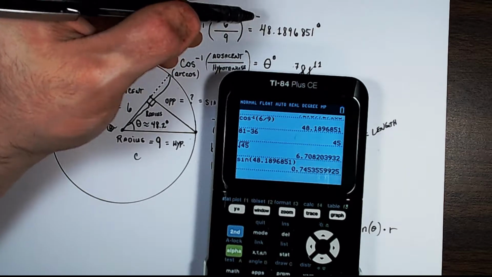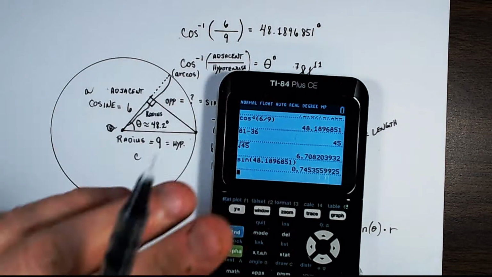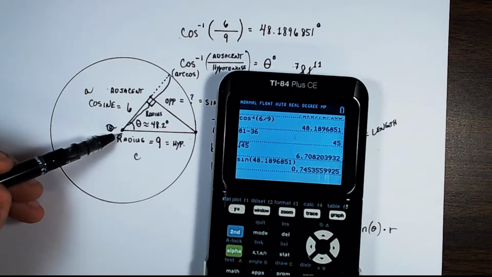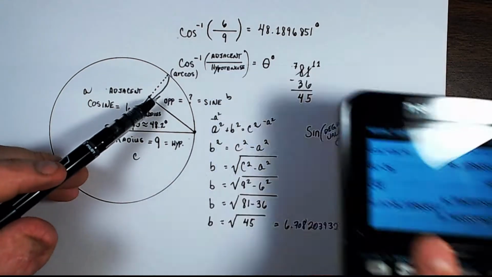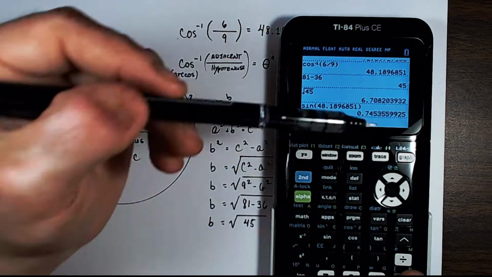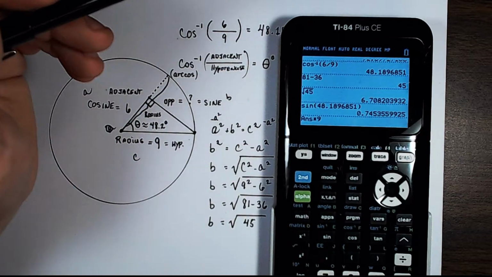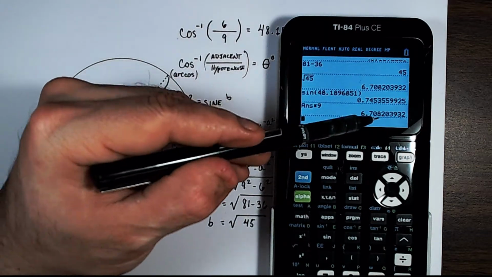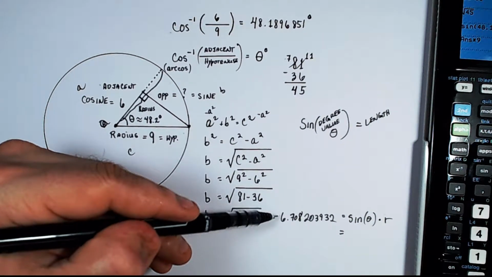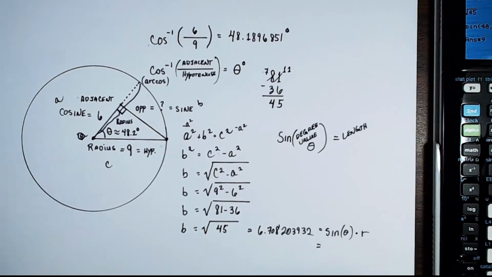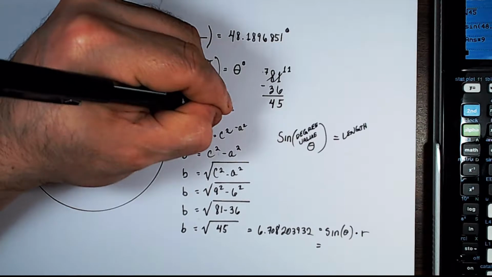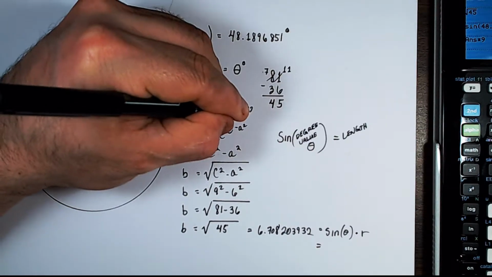and you get this long decimal. Multiply that decimal by the radius of the circle or the hypotenuse of the triangle and you should get 6.708. So we're going to multiply this number right here by 9. And we get 6.708203932. Okay, which matches that. And just to prove this another way, now that we know what this value is, 6.708203932,